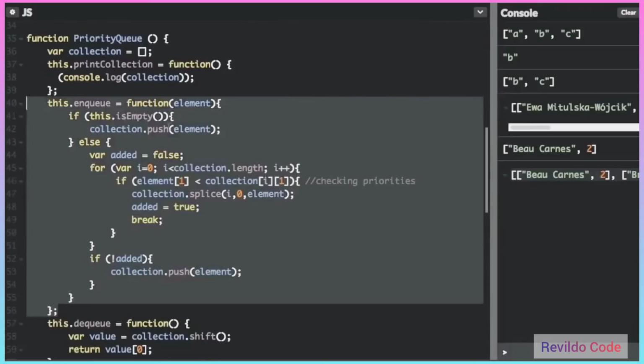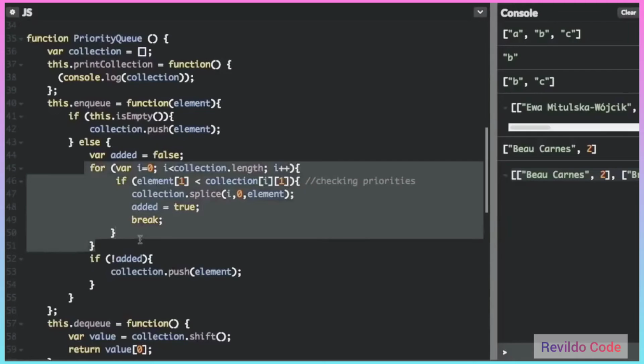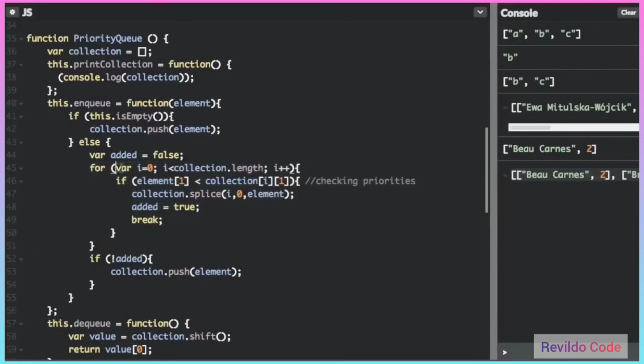So in the enqueue function, first we're going to check if the queue is empty. If it's empty, you're just going to push on the element. But if it's not empty, you're going to have to check the priorities to see where to put the element on. So we're going to create a variable just to check whether we've added the item to the queue or not, and it starts at false. And now we're going to have to run through each element in the collection or the queue to check what the priorities are. So we have this for loop that's going to run through each item in the collection, and